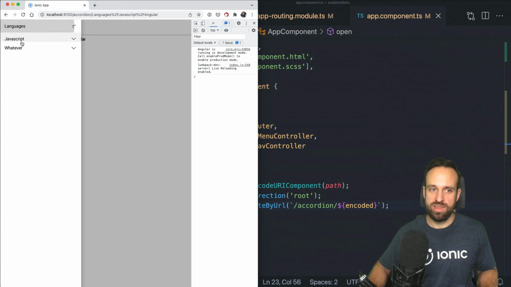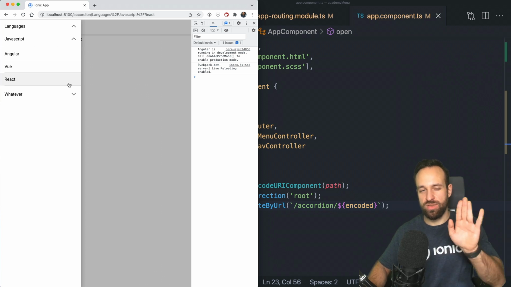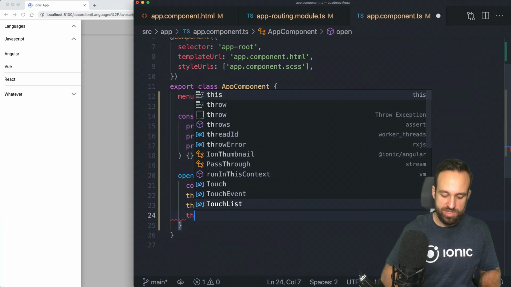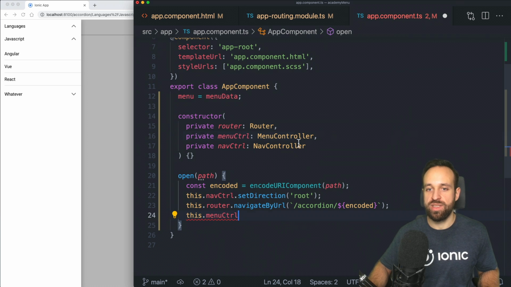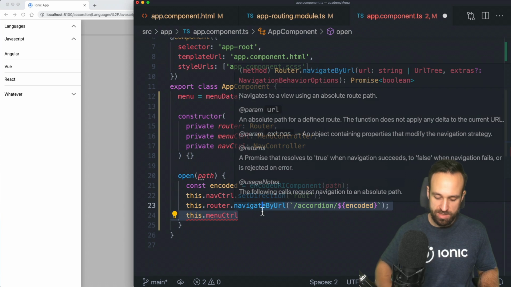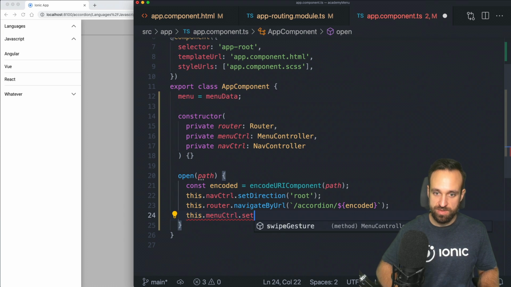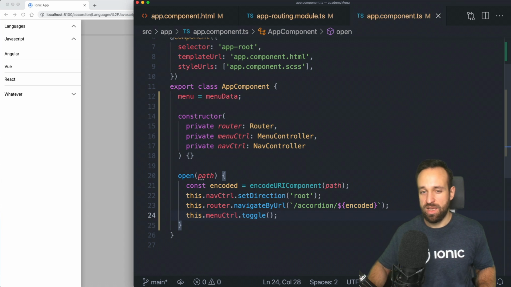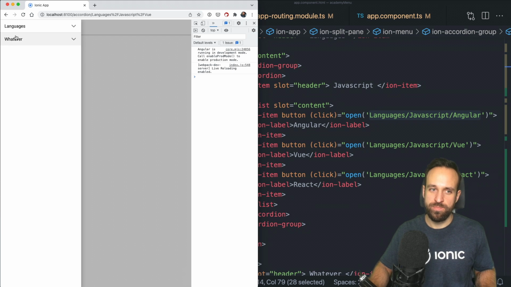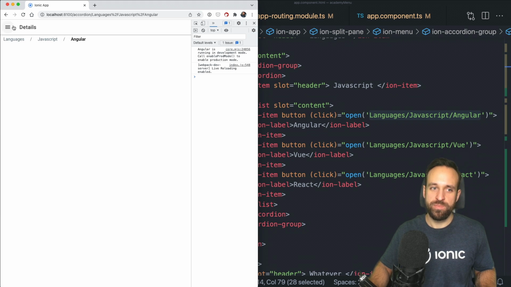So now it looks like this. You see, the background page is just replaced instead of this appearing push animation that we had before. In terms of the menu, it's just as easy as calling the menu controller that we already injected up here from Ionic Angular, just like the nav controller, and then simply call toggle on the menu controller. You could also have an Ion menu toggle item around those items, which would work the same. Now, you can already see that I arrived on the details page and have a little breadcrumb up here